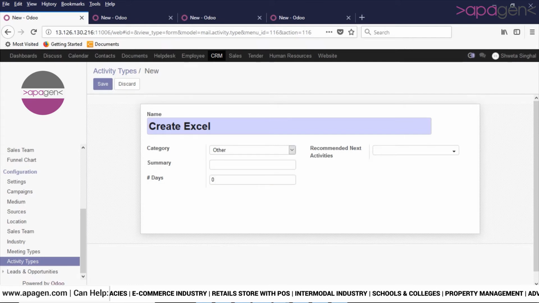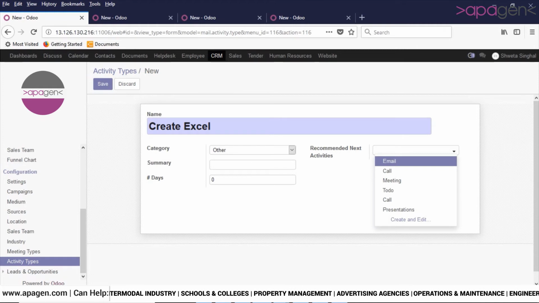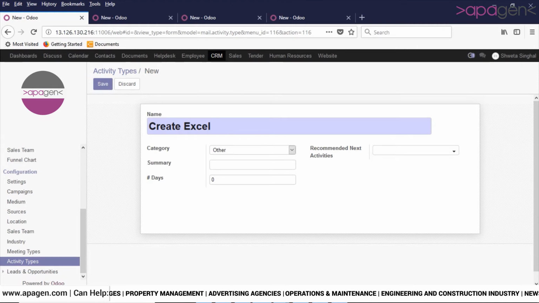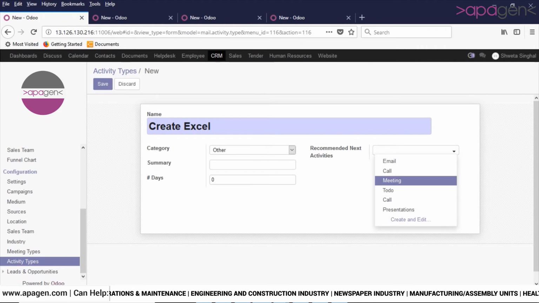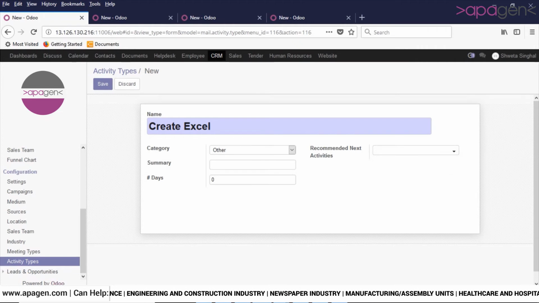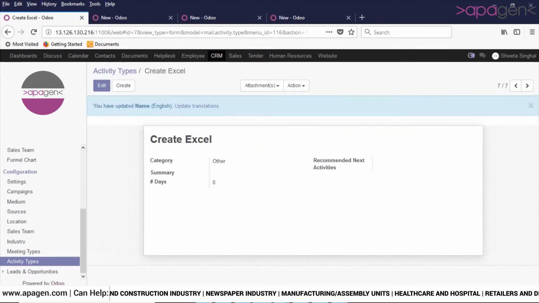Here you will describe the summary. Here you will describe the days that the meeting will take, and here you will add the next activity that will be performed after that particular activity type. For example, if you want a meeting to be conducted after creating an Excel, then you can select meeting. After filling in all the details, click on the save button.